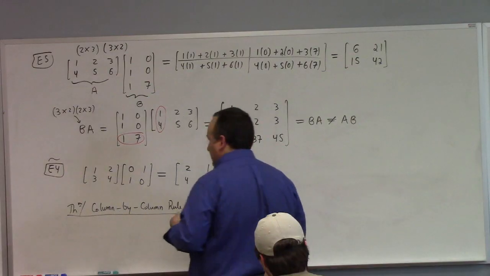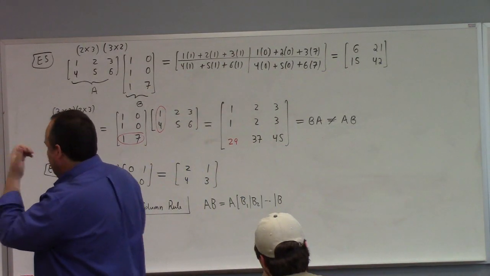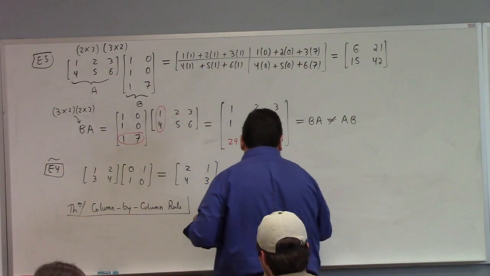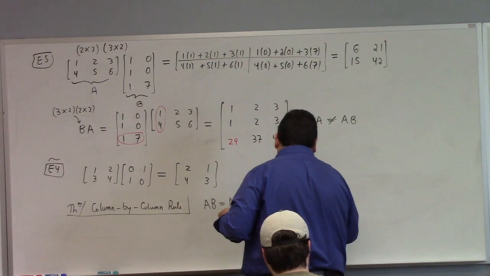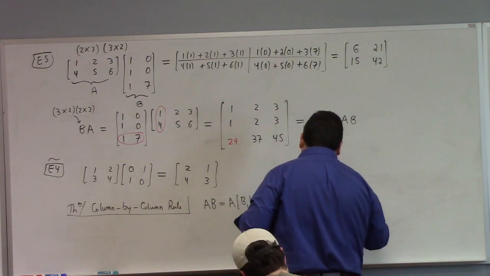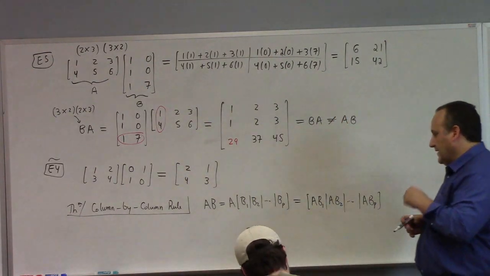How many columns does B have? In my setup, B had p columns, right? Great. Then the rule is simply this. That's AB1, AB2, through ABp. So instead of multiplying